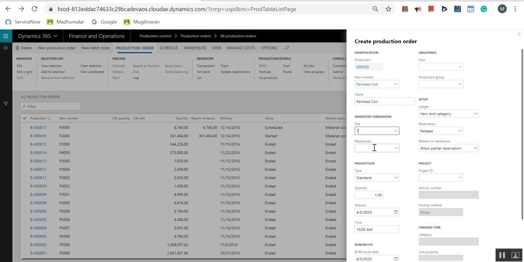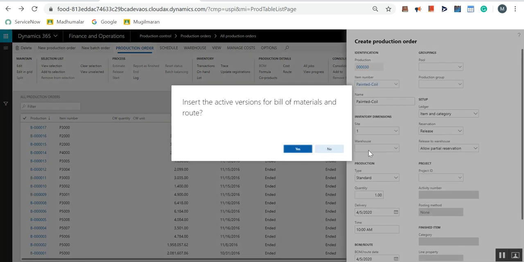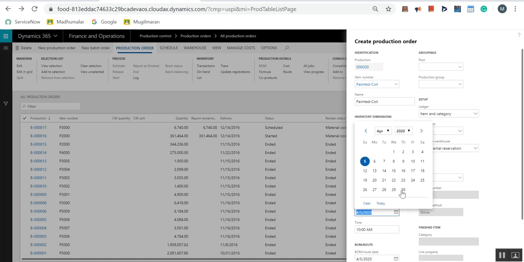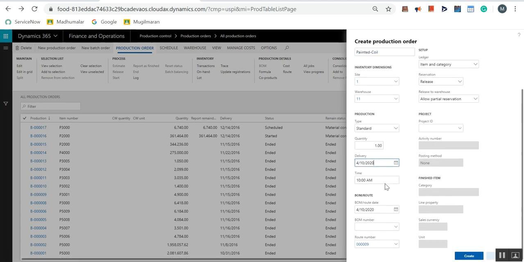I select the item, I select the site, and then I select the warehouse. Let me put only one piece. Let me put my delivery date as the 10th of this month. And then when I click Create,